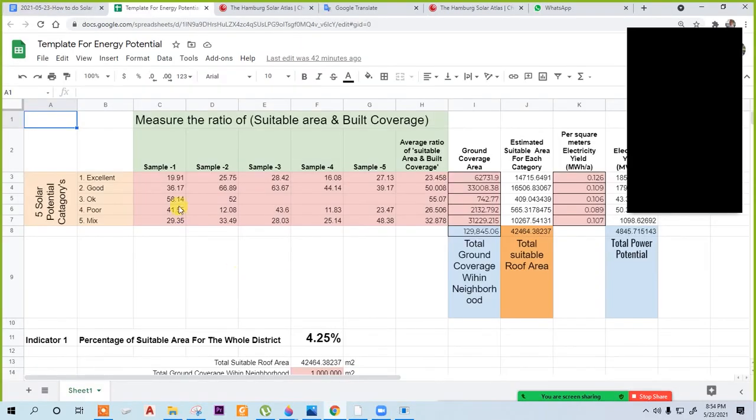Now you have already downloaded our template. Just go to the template, and for the sample one you put the data. For green buildings it's excellent, for orange it's good, yellow okay. This is the way. For the green layer we will take a total of 5 buildings. From the orange layer we will get another 5 buildings, another 5 ratios. Total 25 ratios we will take. This is the thing we have to do.